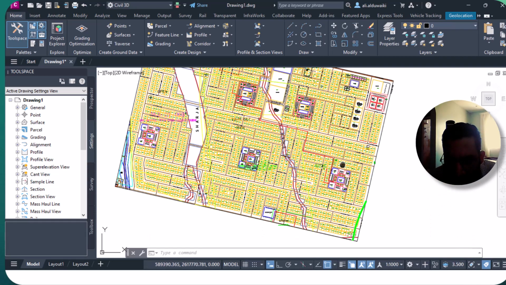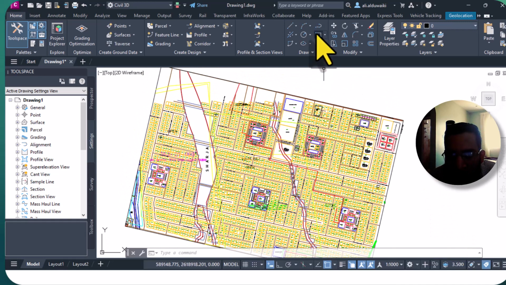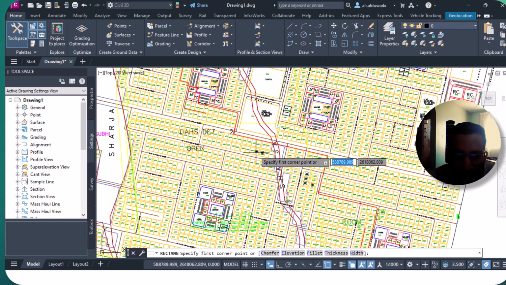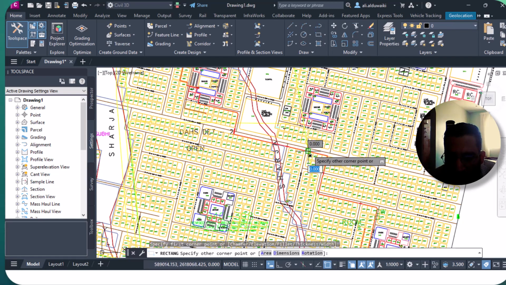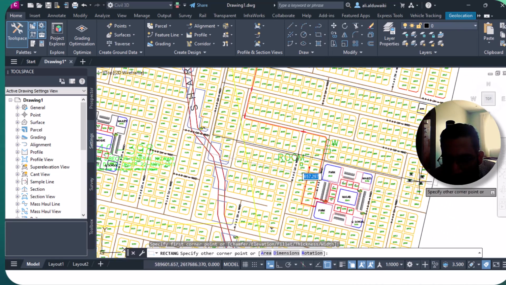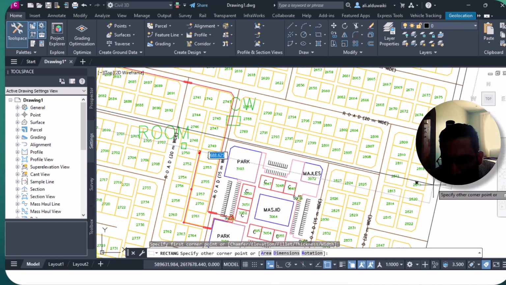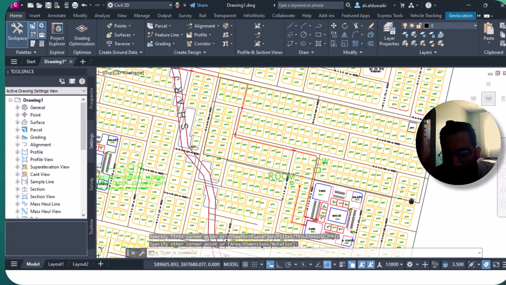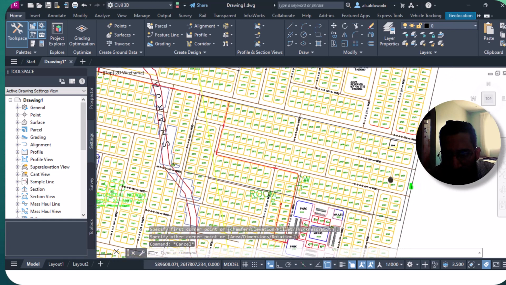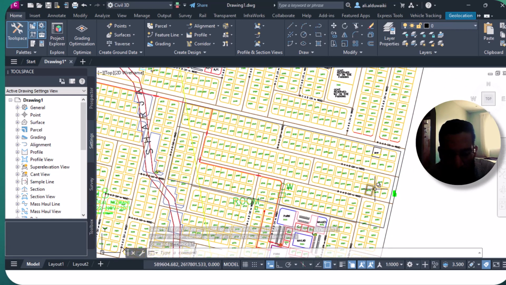Another example, we're gonna make a rectangle boundary. I'm gonna choose it from here. I want this to be kept. All other entities are gonna be trimmed. So MapTrim,